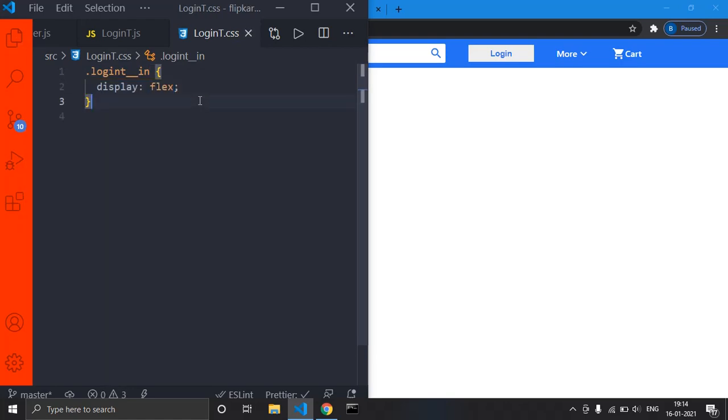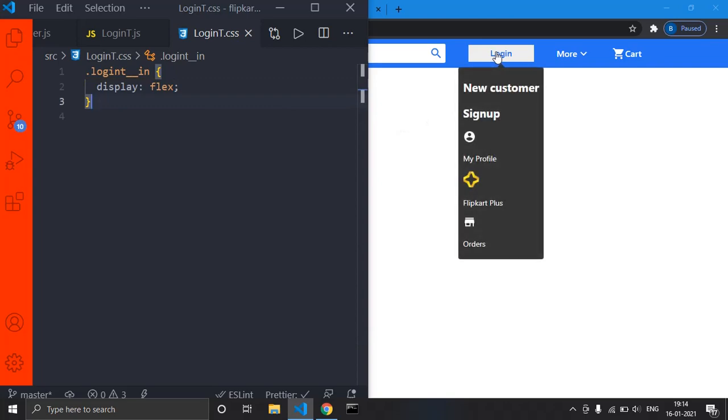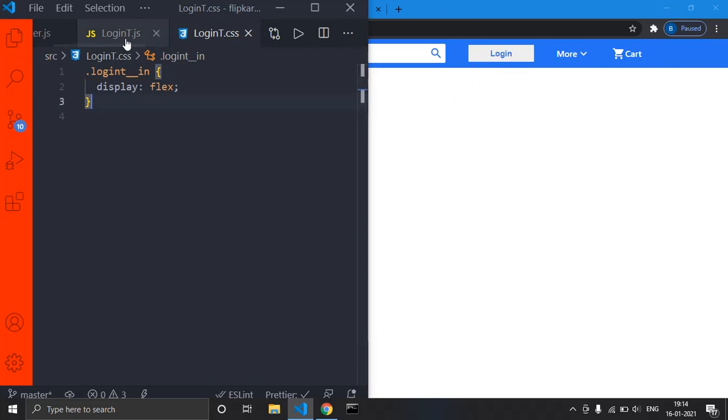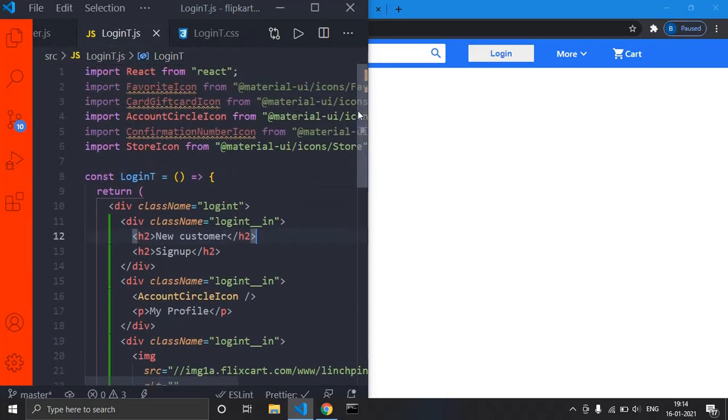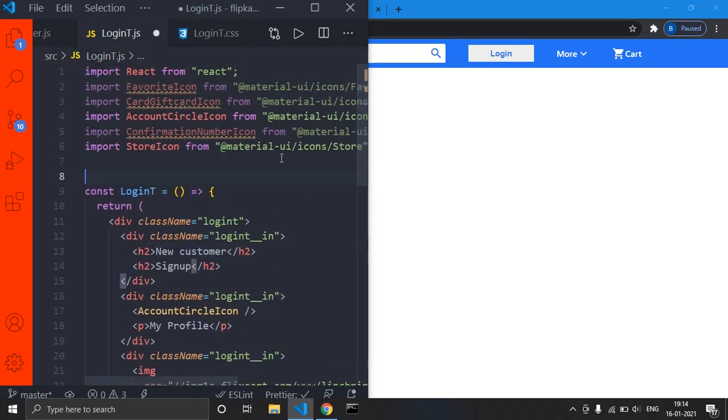That's pretty much it, guys. Now once you hover over that, okay, see, we have created our css file, but we never imported it, right? Then how will our styles be shown over there? We have to import it, right? So import dot slash